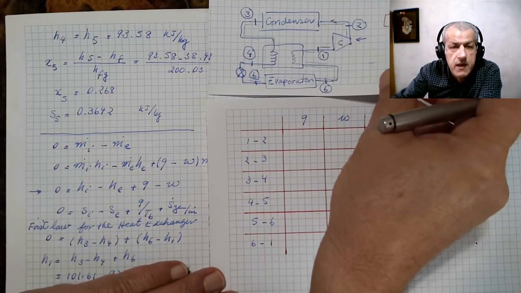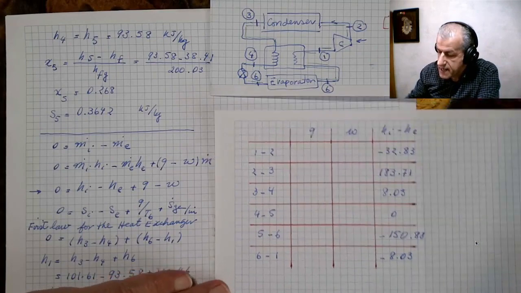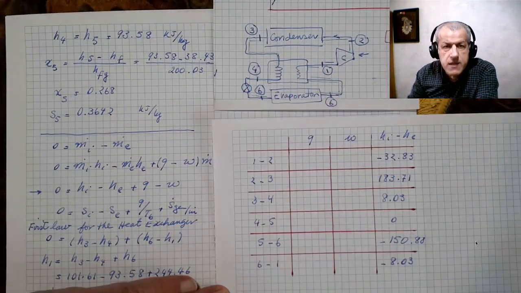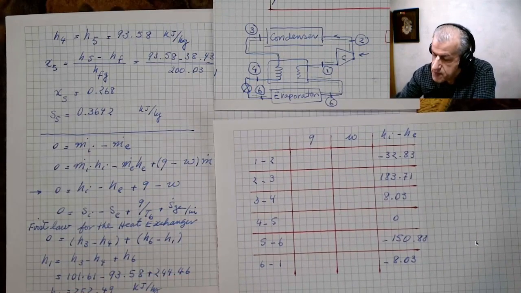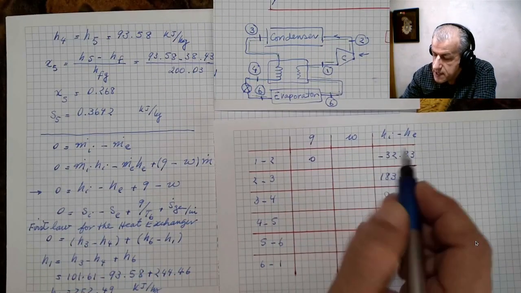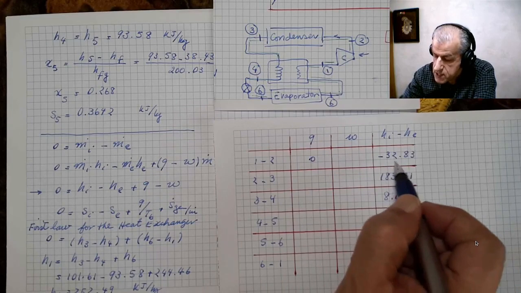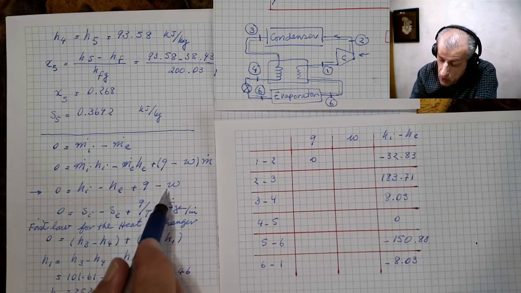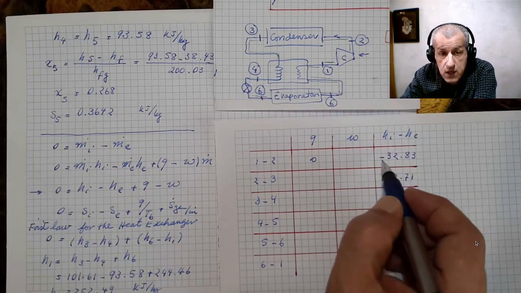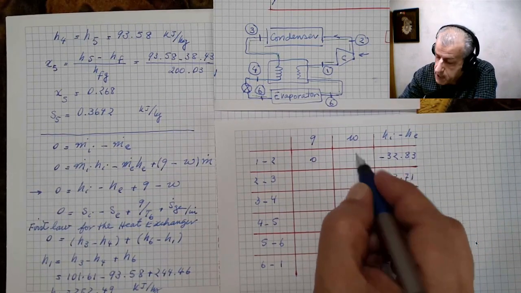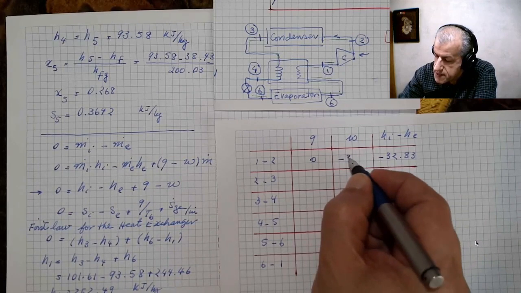Perhaps it would pay to have this diagram here. Process 1, 2 is in the compressor. There is no heat transfer, so this is 0. Therefore, work equals Hi minus He, so there would be no change of sign here, and it would be